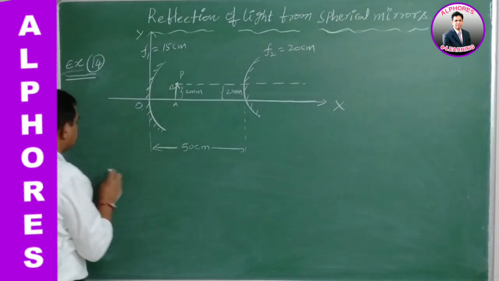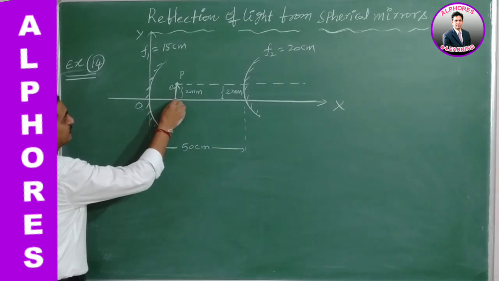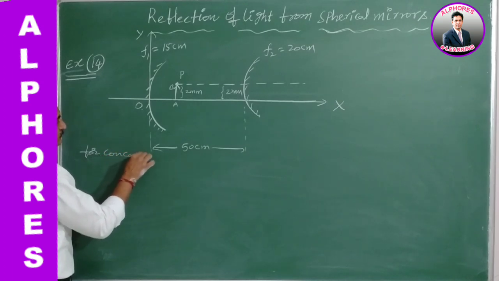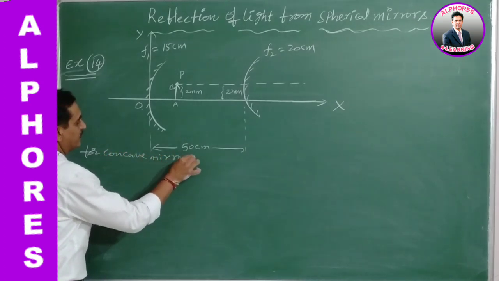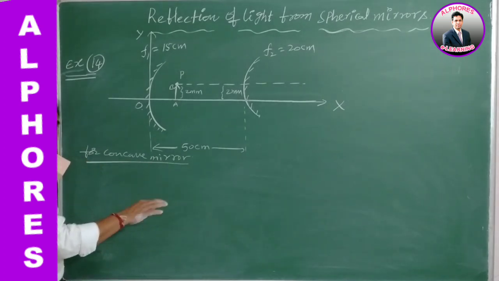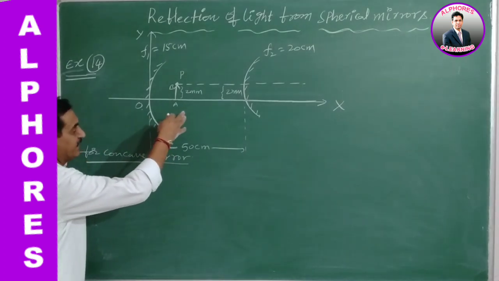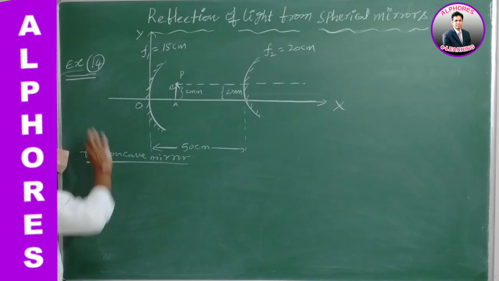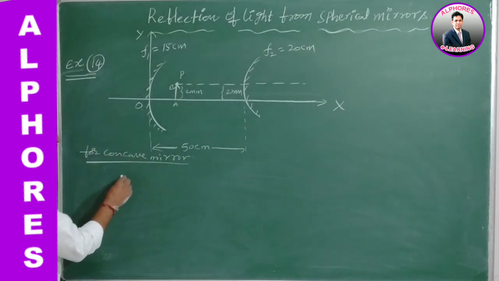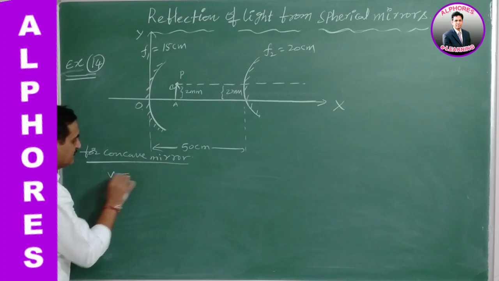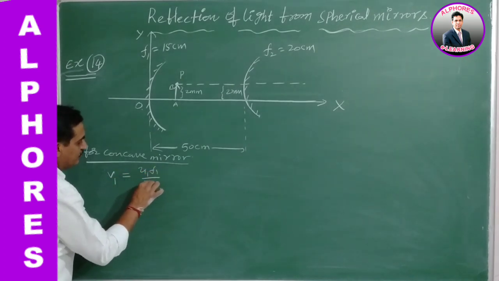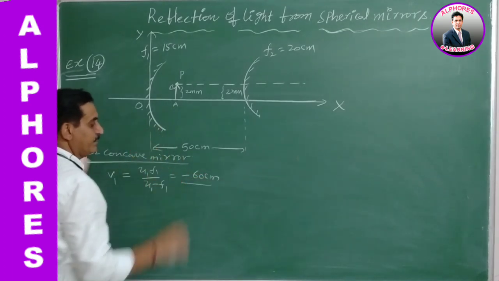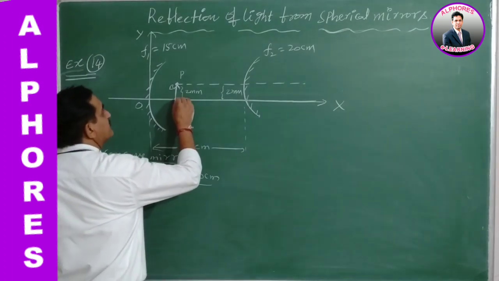See here, let us first find the reflection by the concave mirror. For the concave mirror, I will go through it the short way. We already derived and calculated this in the corresponding problem just now, the 13th example. So same as you are getting here, the final image distance is u1 f1 by u1 minus f1, which gives minus 60 centimeters. Clear? Minus 60 means the diagram will be the same here.